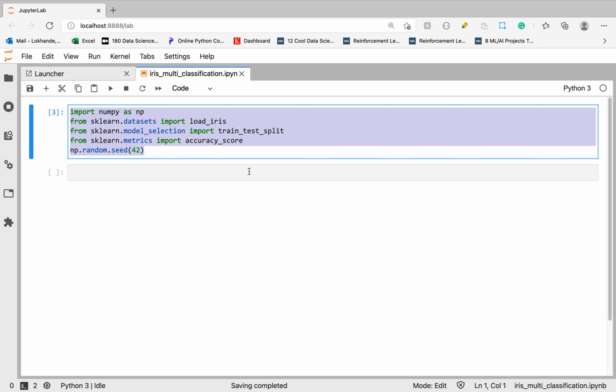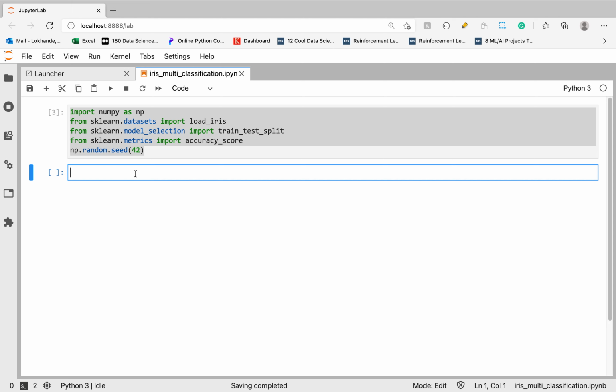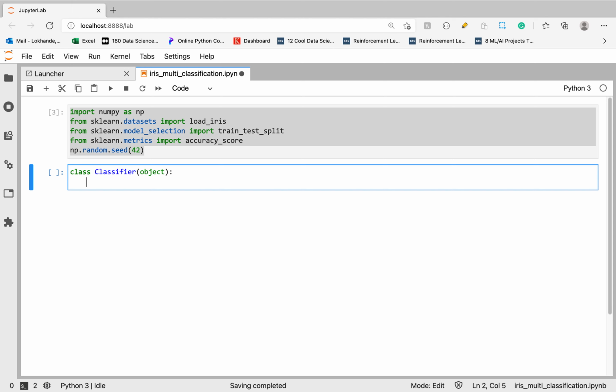Initially, the necessary imports: numpy, the load_iris function from sklearn for loading the iris dataset, train_test_split for splitting our data, and accuracy_score. First we will make a class called classifier. You can name it as you want. Let's write an init method first.